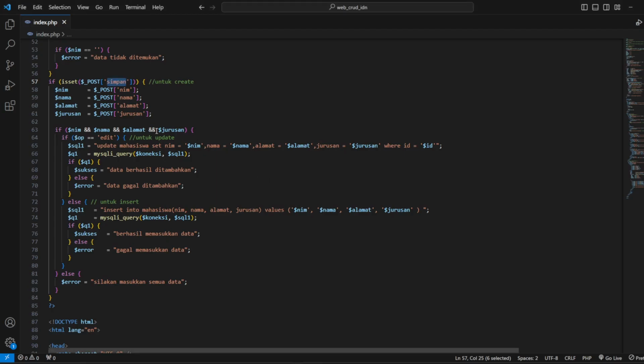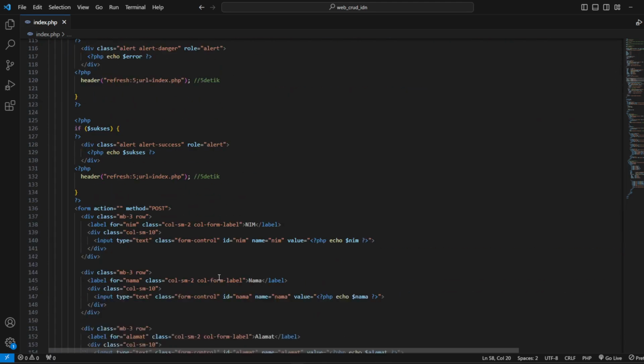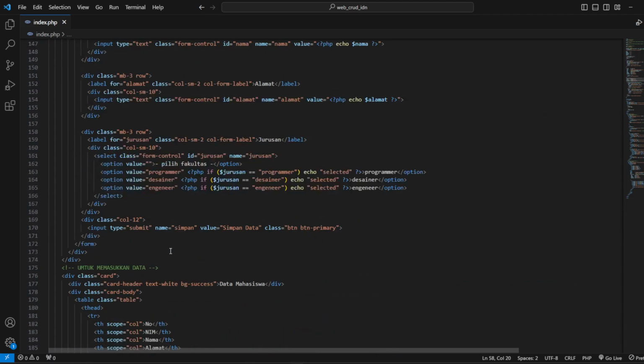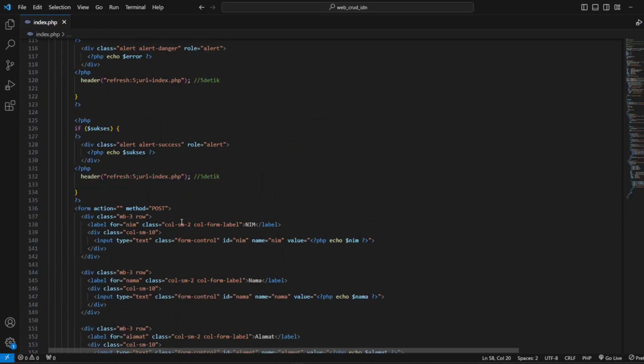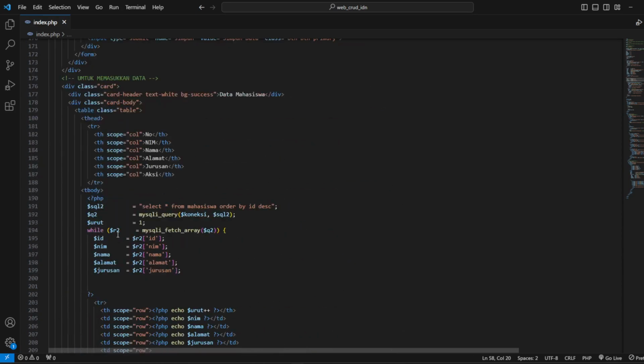If that is clicked, the name in the input, the name, address and major will be sent by the variable post, because we have given it the form.